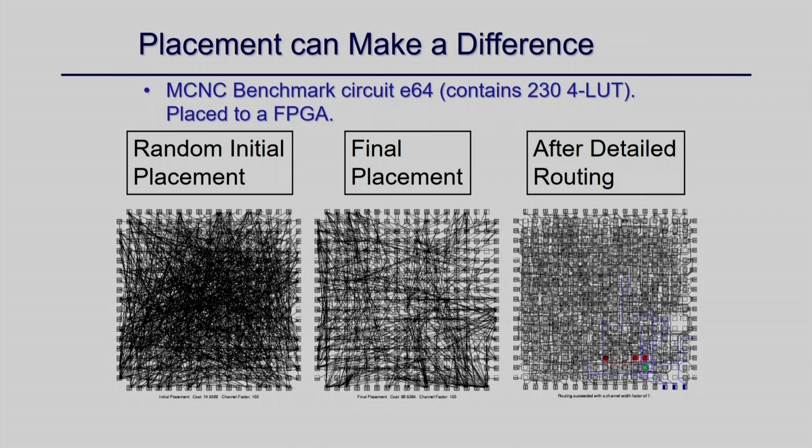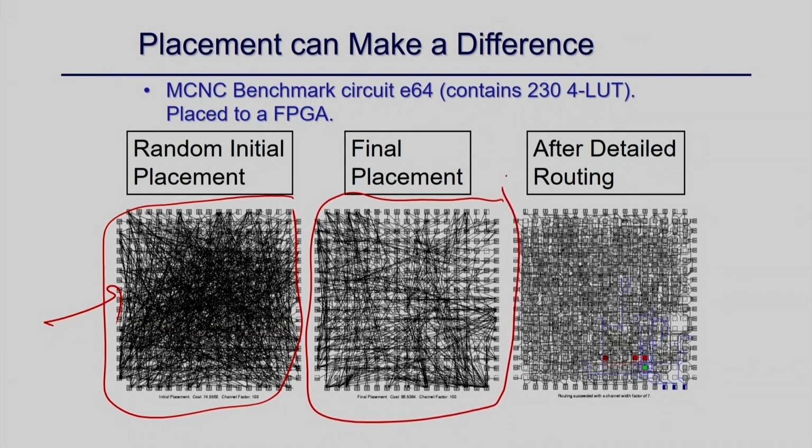You can see there is some random initial placement generated by floor planning. Effectively the placement looks like this. This is just a snapshot of the layout, but you can make some modifications. You see the wire length becomes very less here. So you have this very sparse layout compared to this dense placement, and this is after final routing.